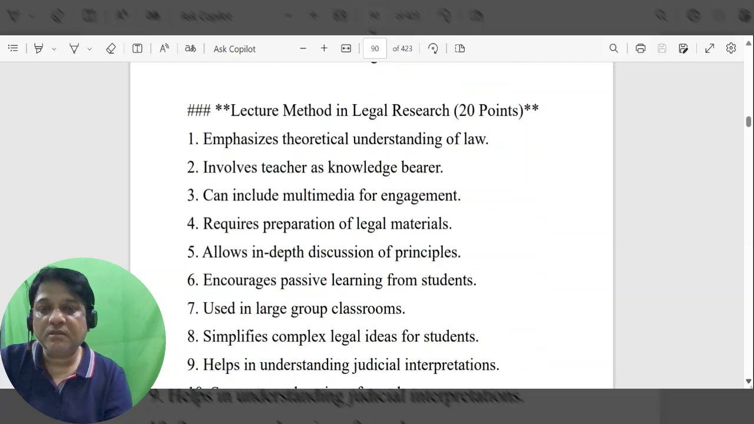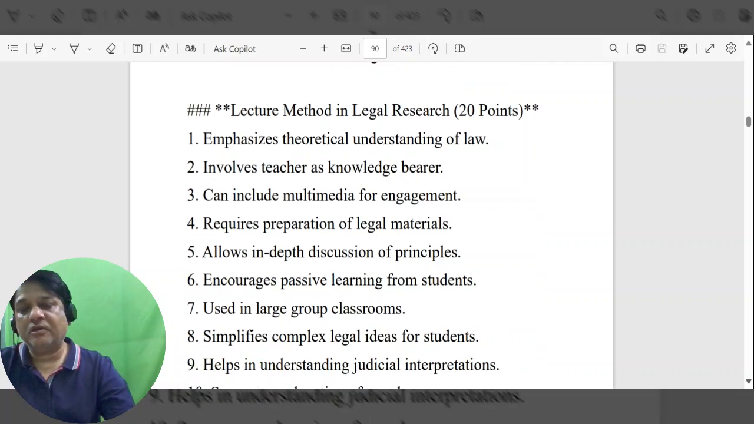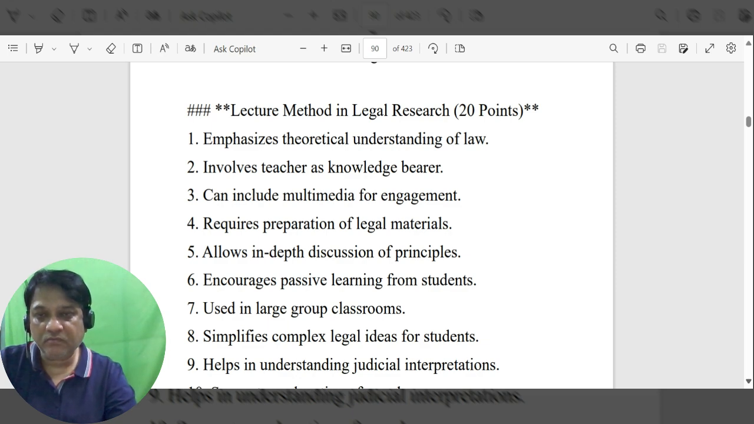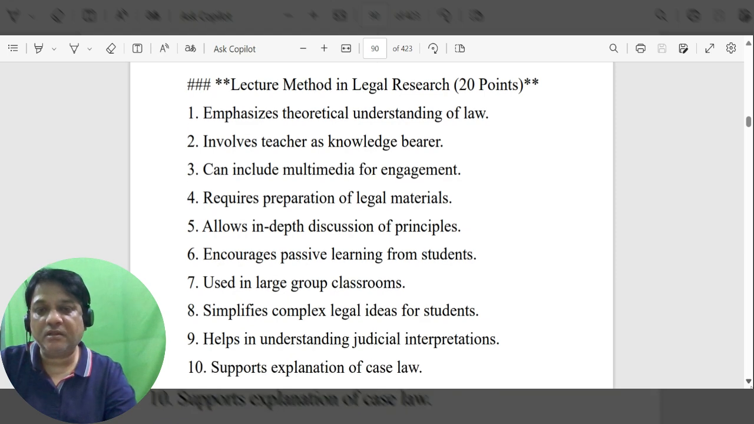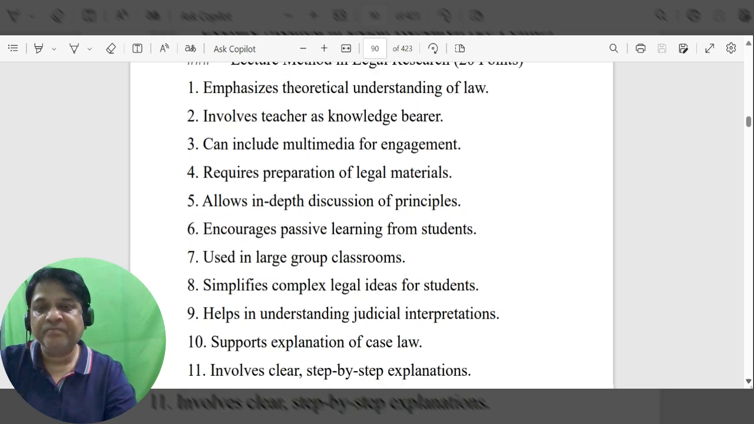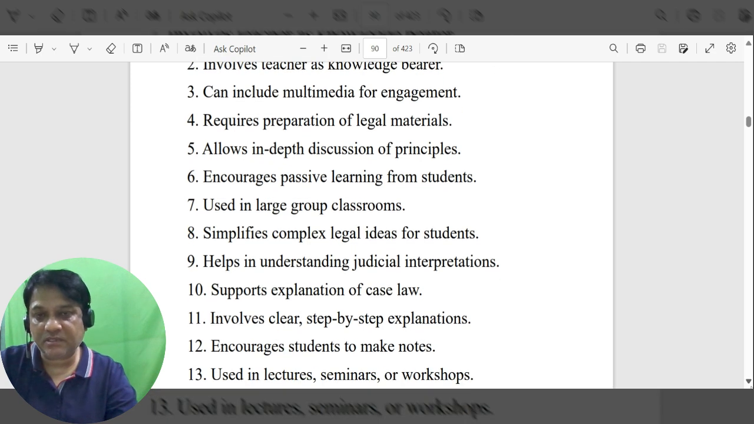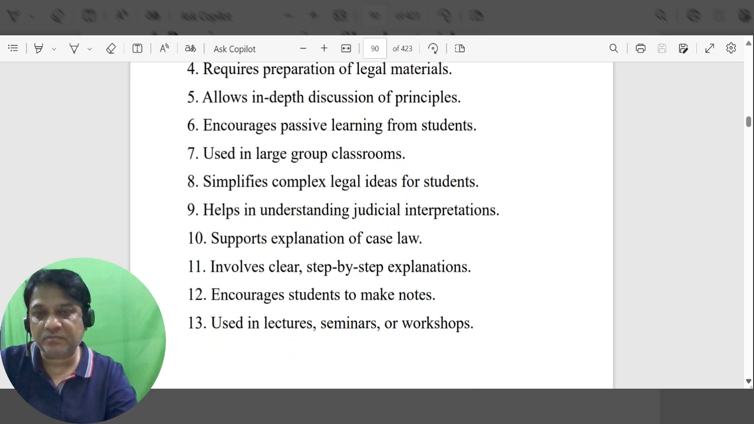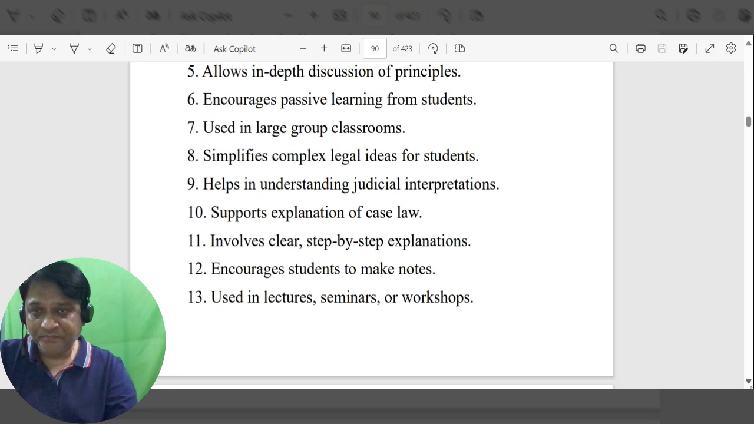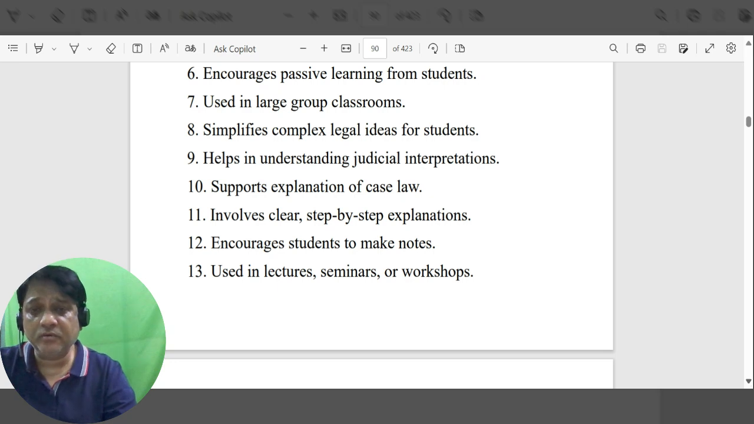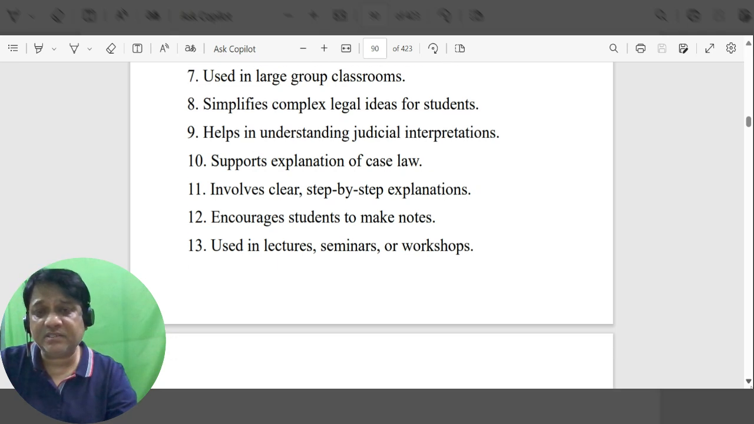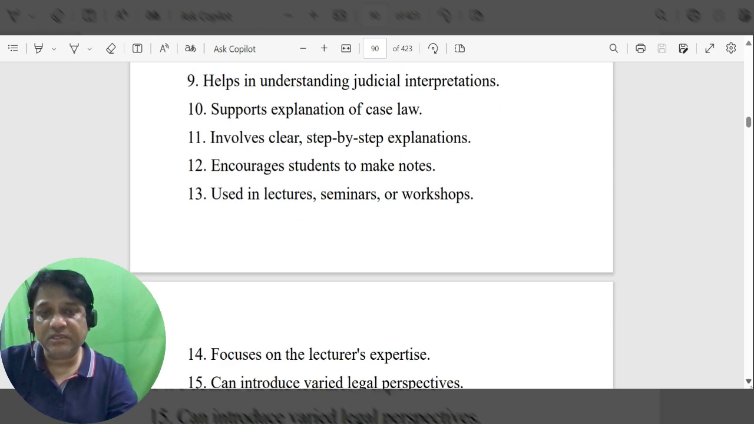Lecture method in legal research emphasizes theoretical understanding of law, involves teacher as knowledge bearer, can include multimedia for engagement, requires preparation of legal materials, allows in-depth discussion of principles, encourages passive learning from students, used in large group classrooms, simplifies complex legal ideas for students, helps in understanding judicial interpretations, supports explanation of case law, involves clear step by